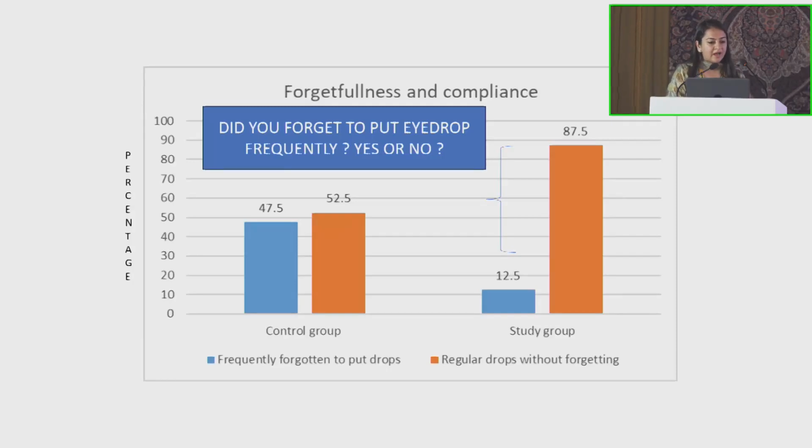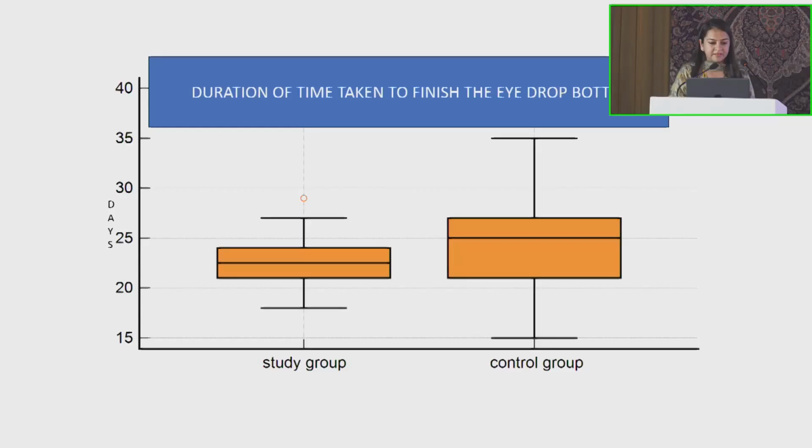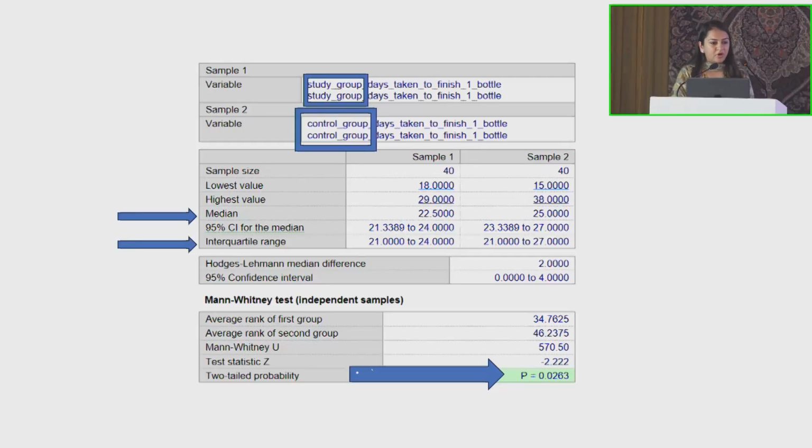And we found out that after giving the sleeves, the forgetfulness decreased and compliance increased up to 87% in our study. Also, the duration of time taken for the bottle to get over was very defined in this group. Sometimes it got over earlier in some patients because they used to put 2-3 drops, and in another group it lasted for 40 days because they did not put drops. The box and whisker plot graph shows that it got very standardized to almost 27 to 30 days